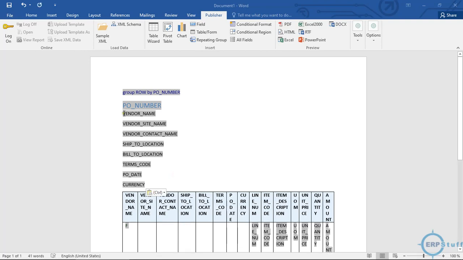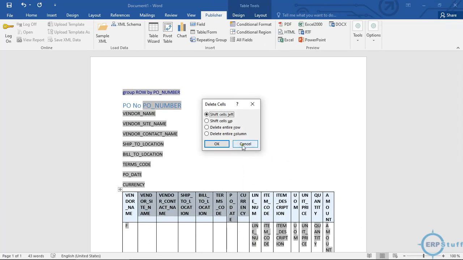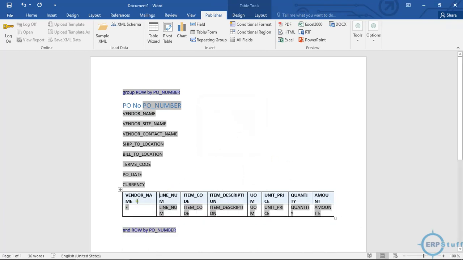You can put the titles before this, let's say PO number; this field will remain as it is, and then line number I will not touch. Let me now remove these columns from here, per column. This F shown at the start and this E at the end is the loop inside this table.